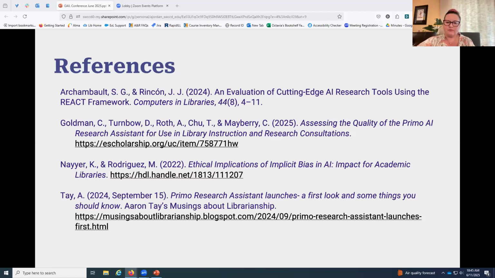Rebecca notes that she's also used conspiracy theory topics for doing some bias testing. Ooh, that's a good one. I like that. Robert shares that he had his students search the PRA using just basic keywords, then look at the search string that the PRA used to help them generate other keywords to expand their search. That's kind of cool. I like that idea of using it as a tool to then build your own better search.